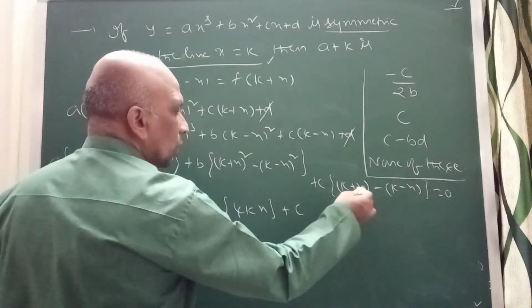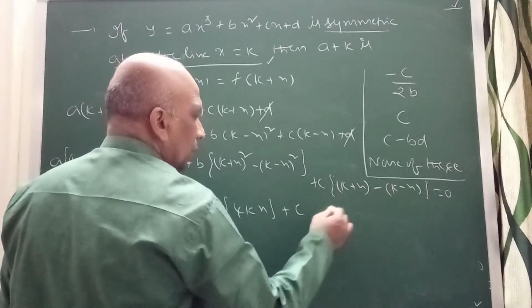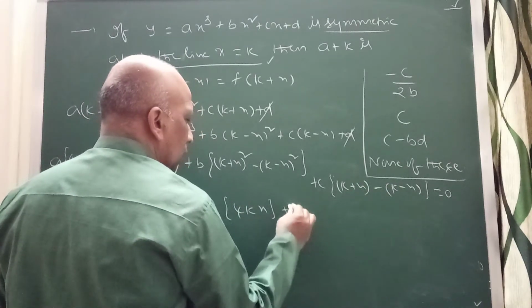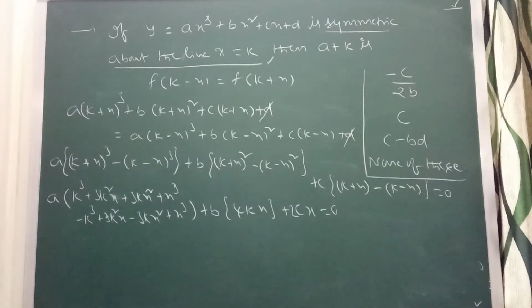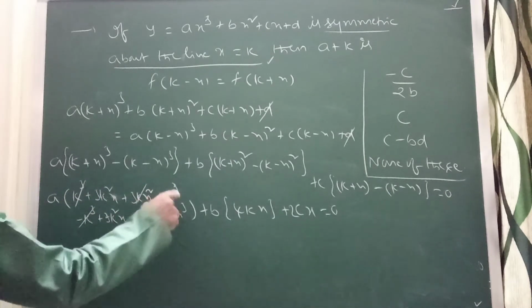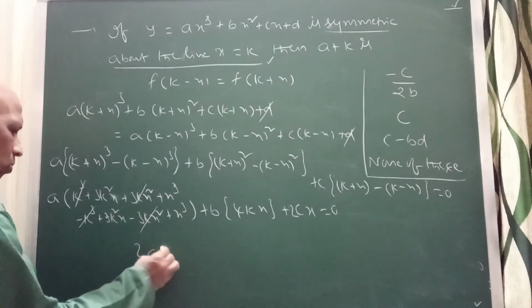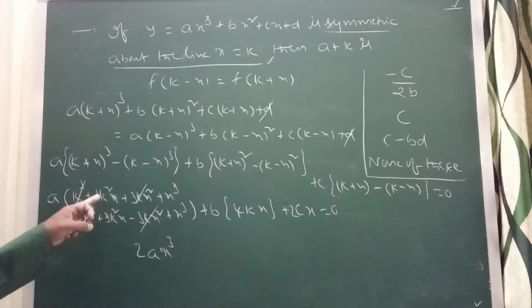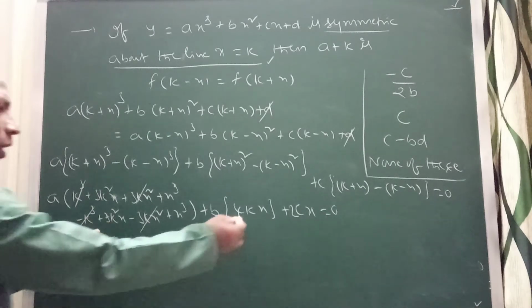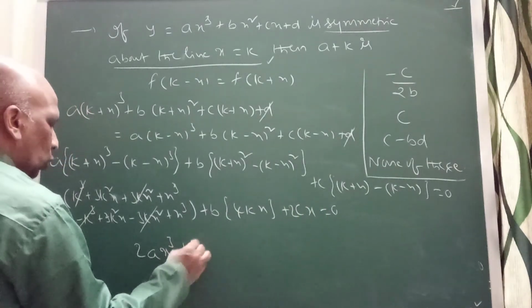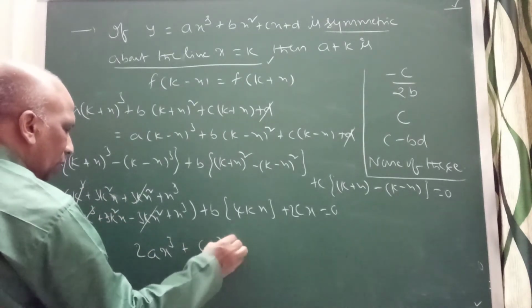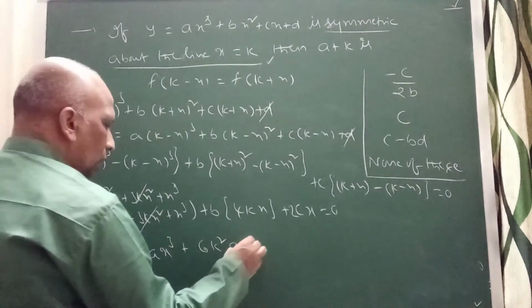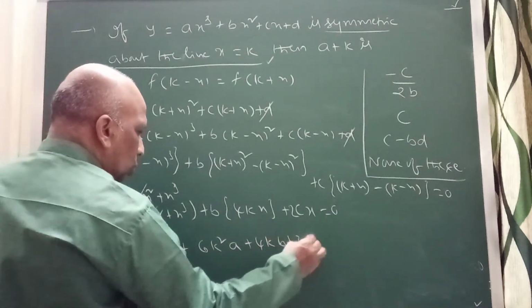Suppose if you see this one, I can eliminate k, you will get minus plus 2cx, you will get 2cx equal to 0, correct? Now even you can simplify here: minus k cube gets cancelled, 3kx square gets cancelled, x cube, 2ax cube. We can see here 3k square x, 3k square x; in all the terms x is common. So if I take x common here, I can write 6k square a plus 4kb plus 2c into x.